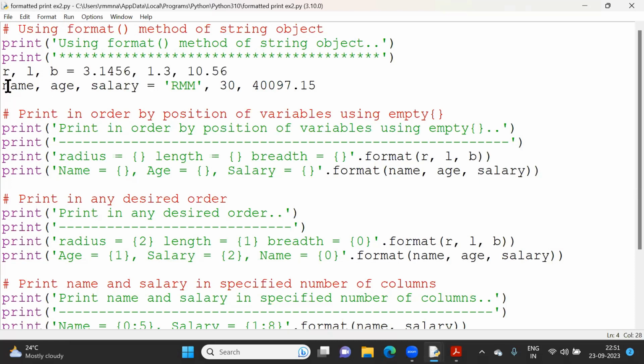Now we are taking another combination: name, age, salary. Suppose name equal to some RMU, let us assume age equal to 30, then salary equal to 40,097.15. Let us take just for representation purpose only. You can change your own values. Now you want to print in order by position of variables using empty parentheses. Without calling any variables, simply if you use empty parentheses, then